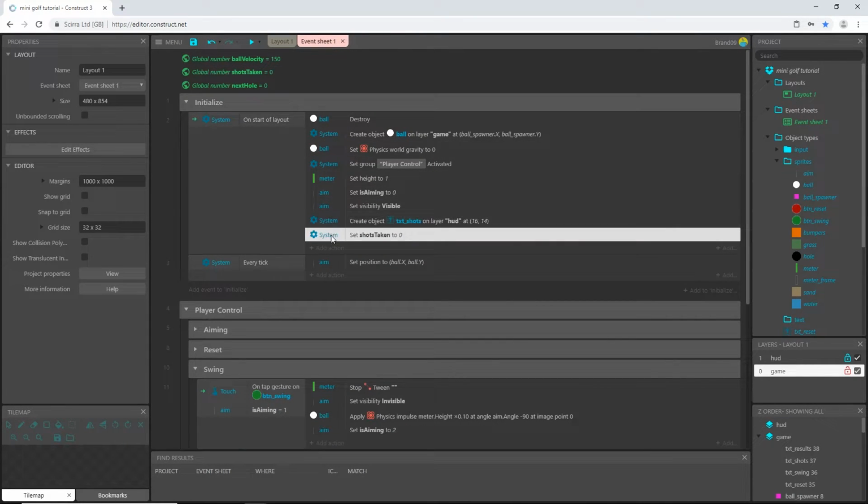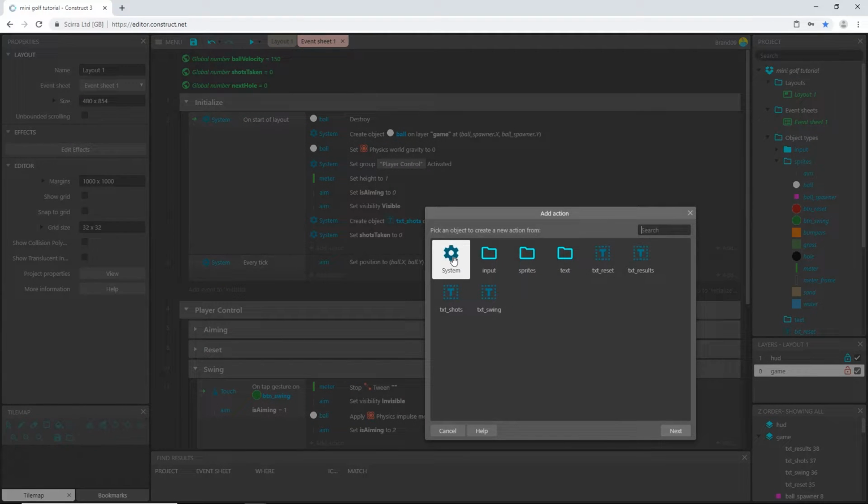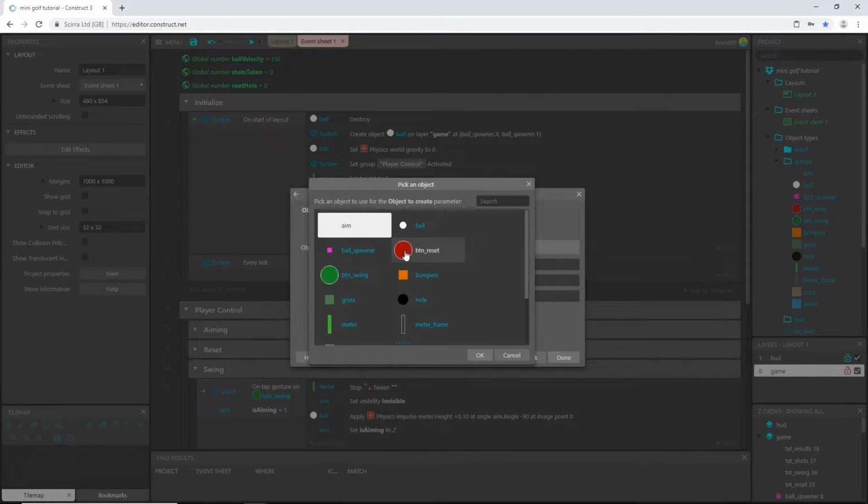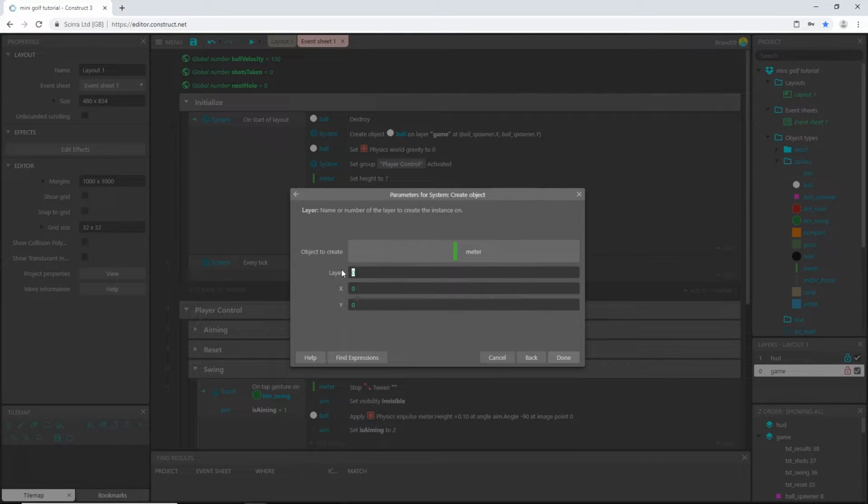And then we're going to come in here and we're going to create them all on the start of the layout. So let's add an action, system, create object, and we're going to create everything. So first let's create the meter, and we want this one to be created first. So the meter, and that's going to be on layer HUD,